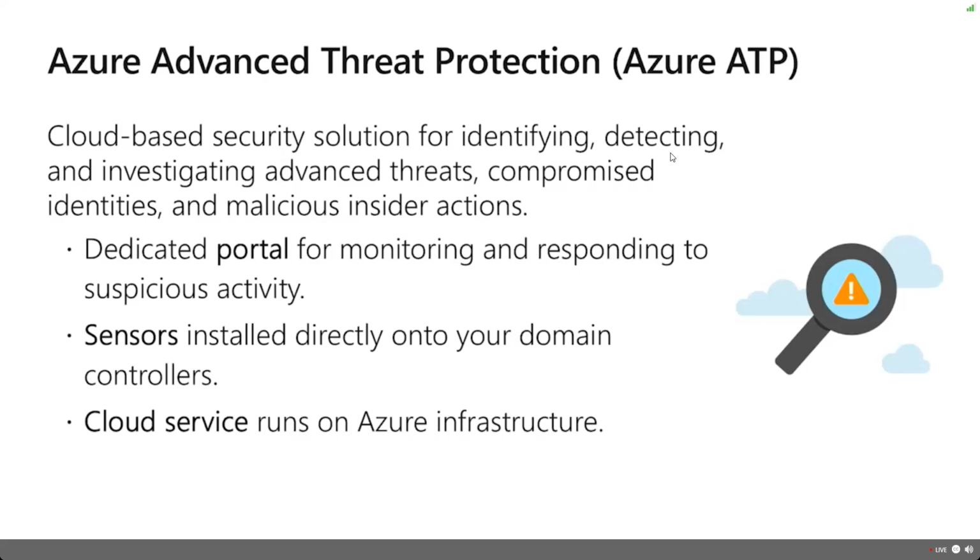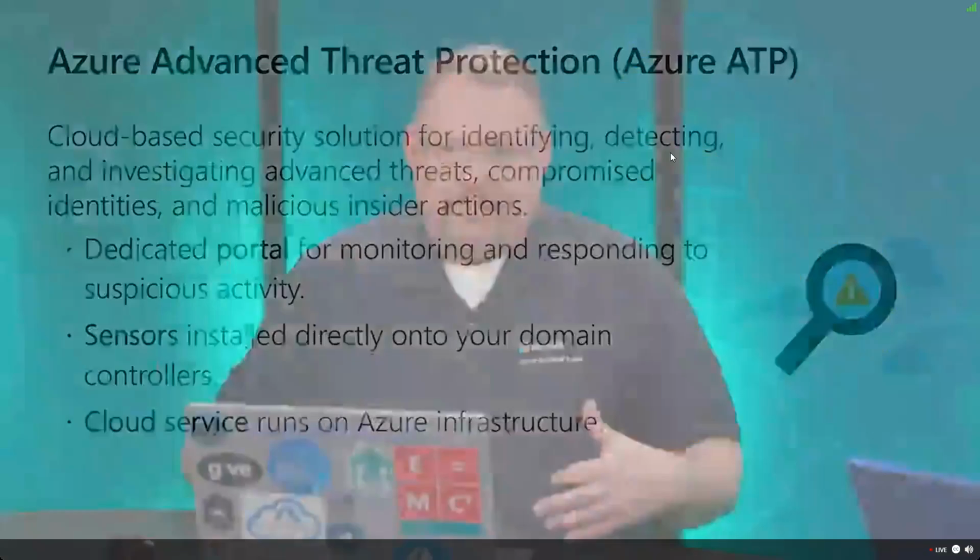The cool thing about this is that we use sensors inside of Azure, but we can also put these on our on-prem domain controllers to monitor what's going on inside the environment. And I like this one. It says malicious insider actions. So what is that? Basically, all of a sudden, I come in, I'm downloading a terabyte of data from the secure server. Well, I have never done that. Alerts are going to happen. People are going to get notified. Wait, Matt's doing something he doesn't normally do.